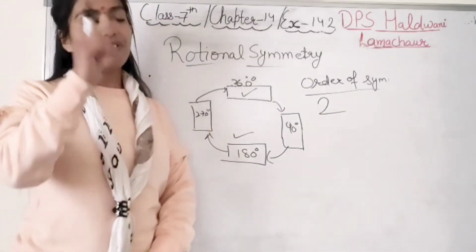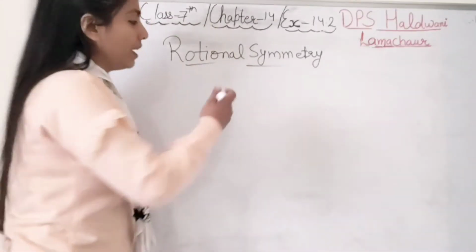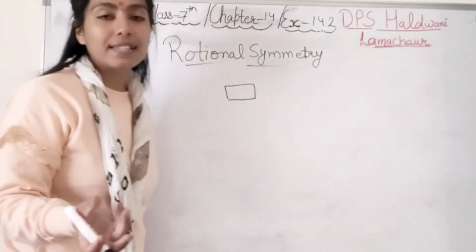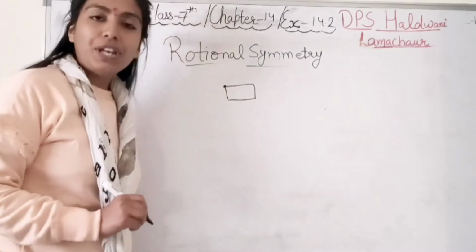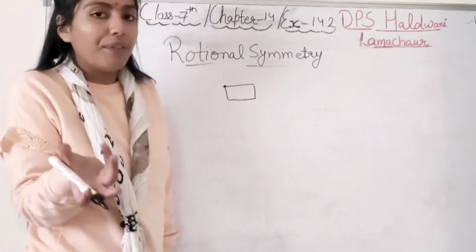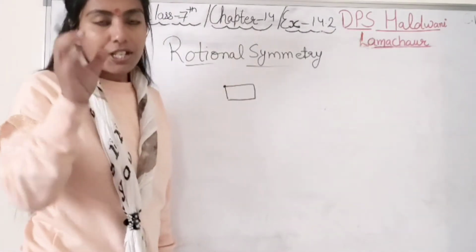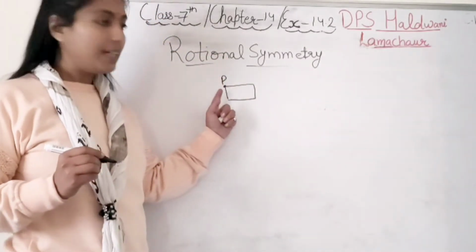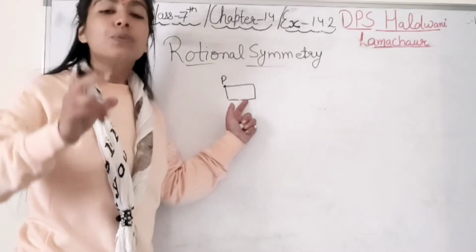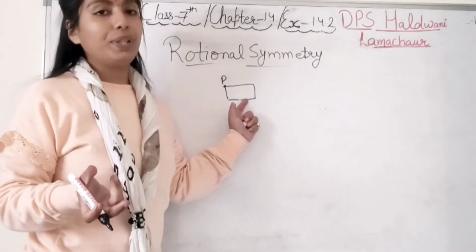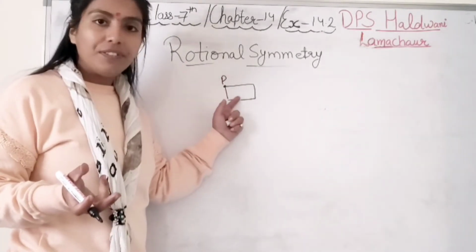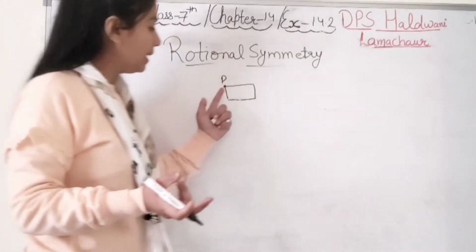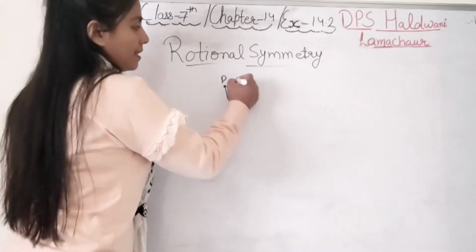Got it, student? I am giving you one more example. In place of the rectangle, if I take a square, student see, square, you know, every side is the same. We have to find out the rotational symmetry. So we have to rotate it 4 times till 360 degrees. For that, I am taking one point P over here, so that it gives you an idea that you have to rotate till 360 degrees, although it has no effect on the figure, right? This is only for the idea in rotational symmetry. This is a square. This is 0 degrees.